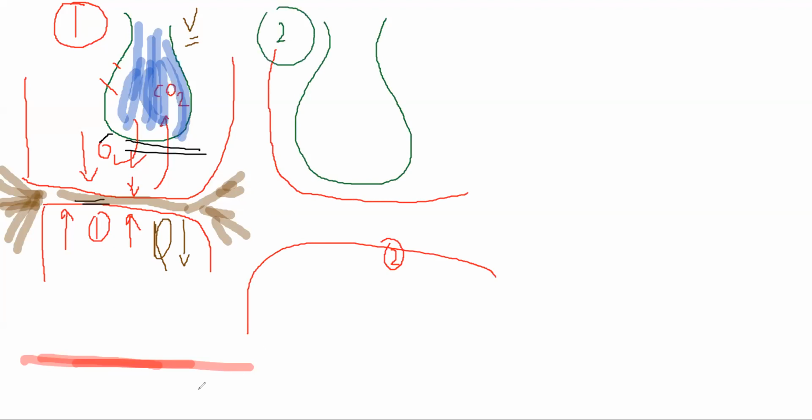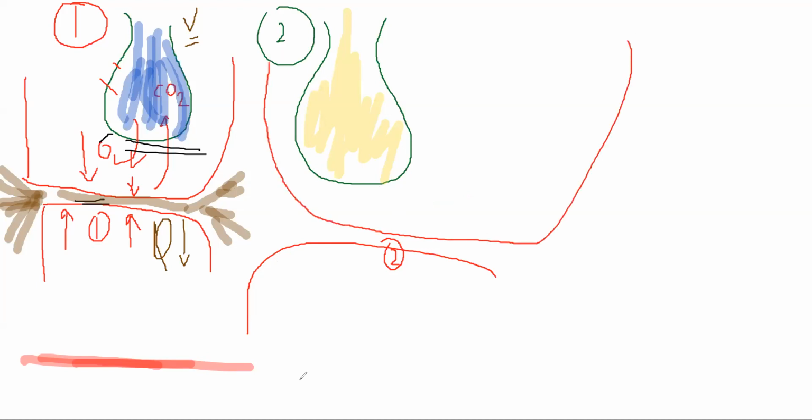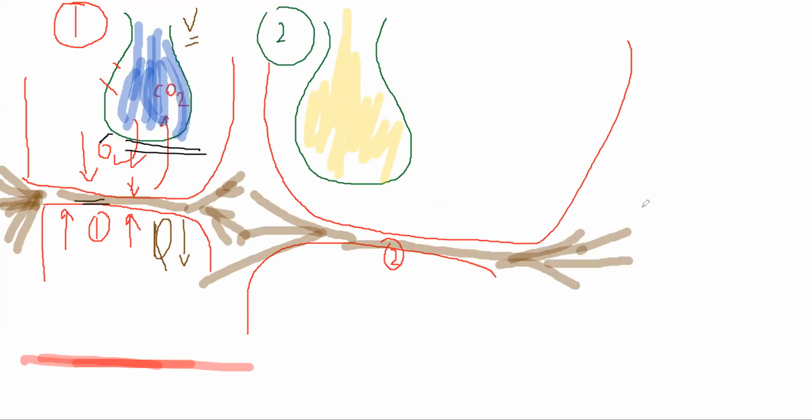Let's suppose alveolus 2 is getting clogged with mucus or some type of damage. In any case, this one is also not working properly. Meaning what will happen? The same fate as blood vessel 1 will occur in blood vessel 2, in the sense that your blood vessel number 2 will also constrict now. It will also try to push blood away. So you are just pushing blood out here and there, but you're not able to perform gaseous exchange in this.